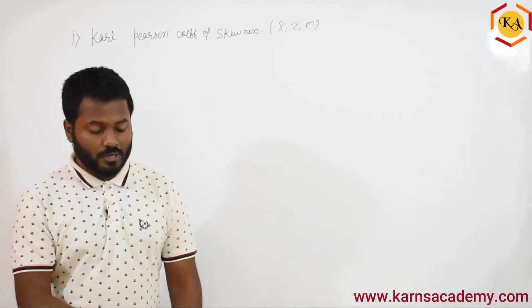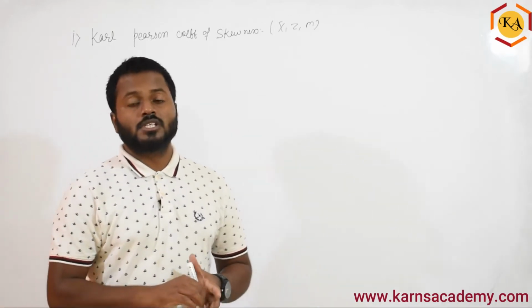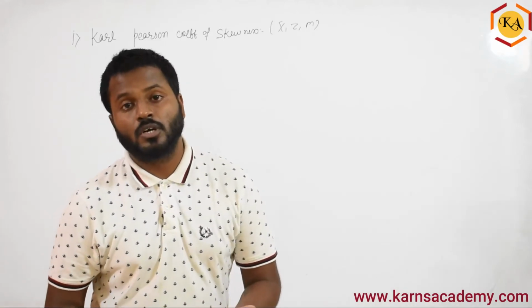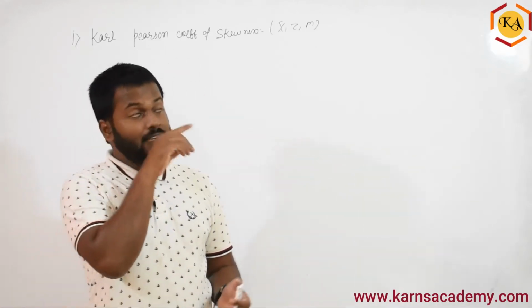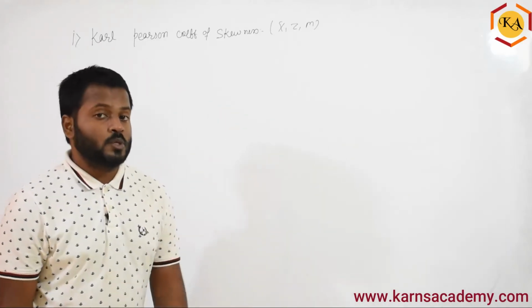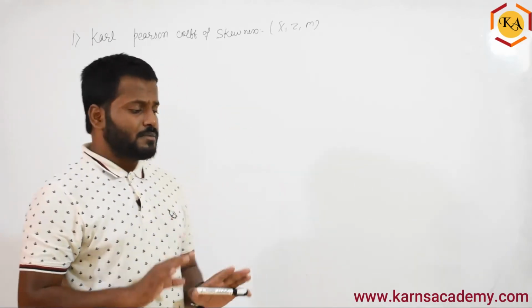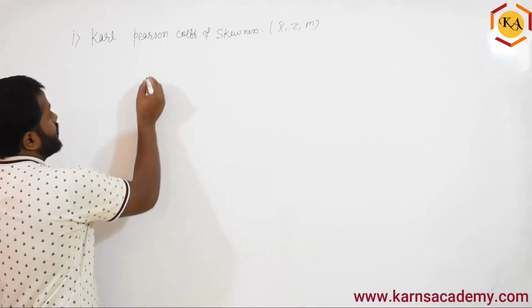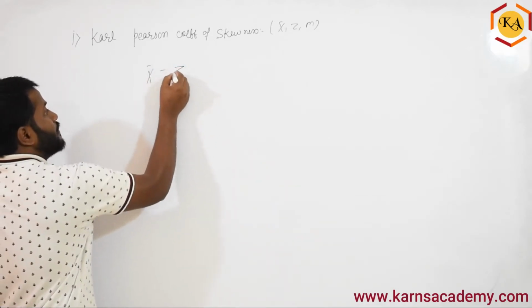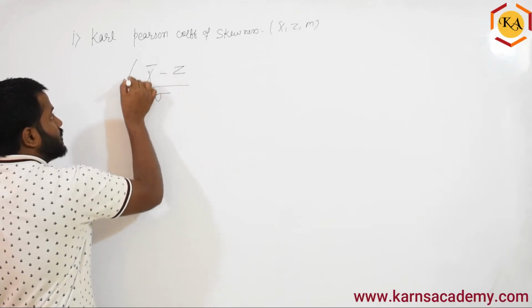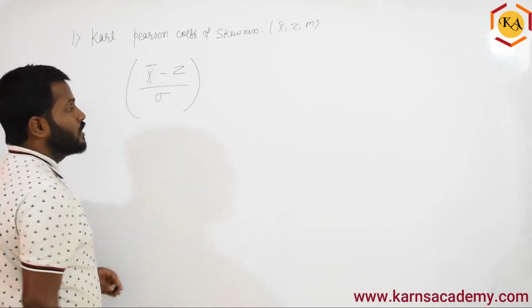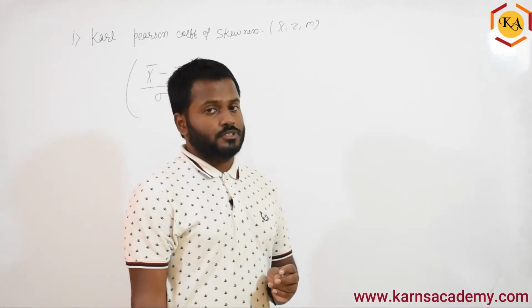So there might be a one-mark question: which skewness method is based on mean, median and mode, or which skewness method is based on quartiles. You can easily write Karl-Pearson or Bowley's depending on the question. The very simple formula we have is mean minus mode by standard deviation. This is what we are going to find out, the Karl-Pearson coefficient of skewness.